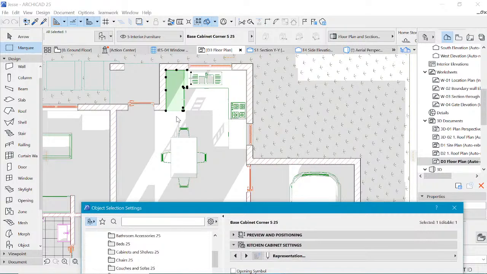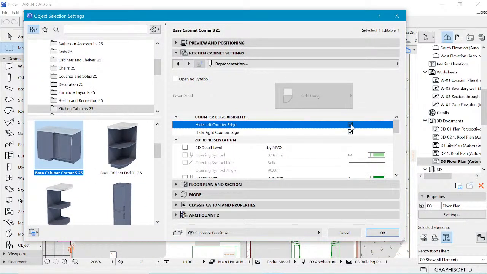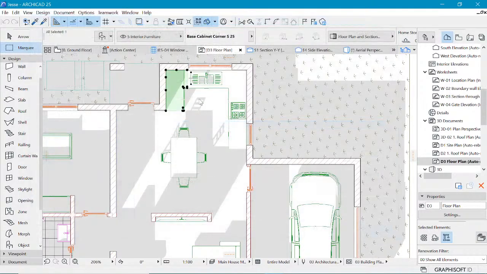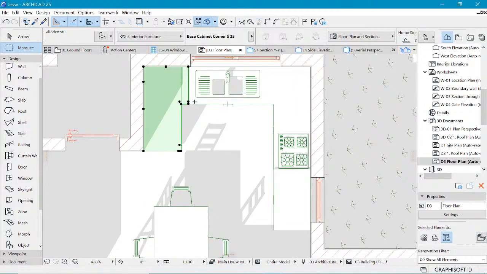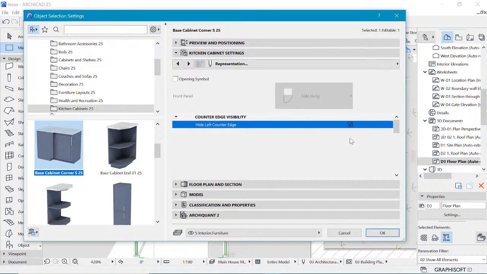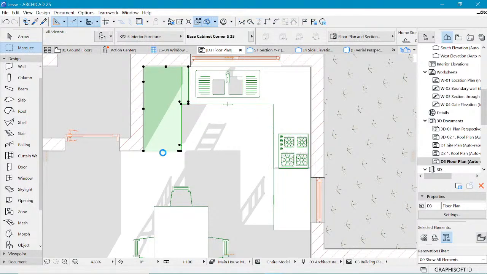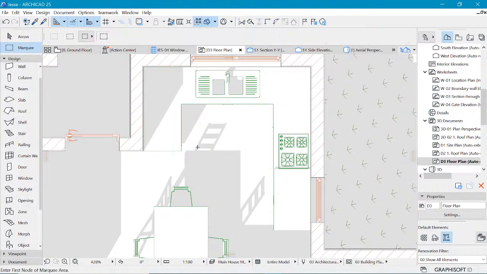So I don't know whether this is the left or right, but whichever, let's try to unhide one of them, maybe the left first. If it's not the one, we can always switch back. And you can see that that is not the one I intended. So now if we go back, we should be able to check back this one and uncheck the right counter edge, such that now we have that line that indicates that this